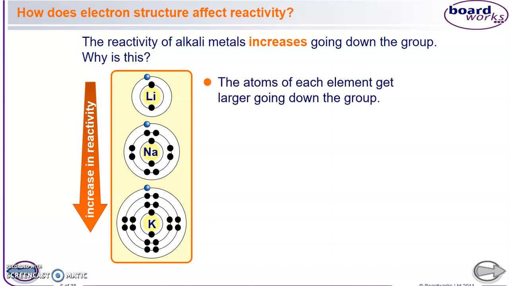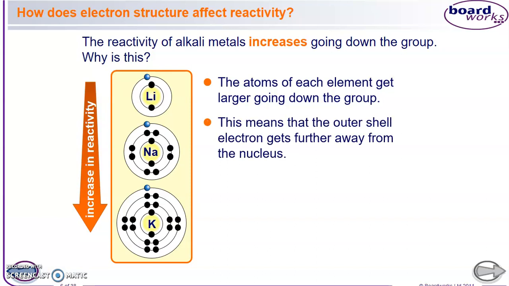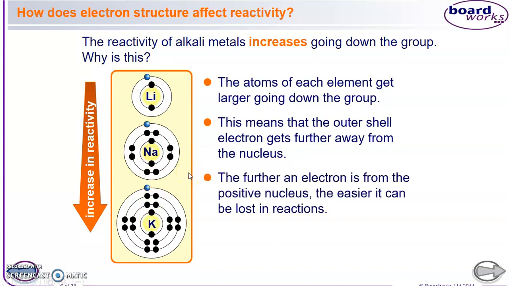And that's because as you go down the group, the atoms get larger, there are more electron shells. That means the outer shell electron in each case gets further away from the nucleus. Now if it's further away from the nucleus, that means it's less attracted to the nucleus, because there's more distance between the positive nucleus and that electron, and that means it can be lost more easily in reactions,